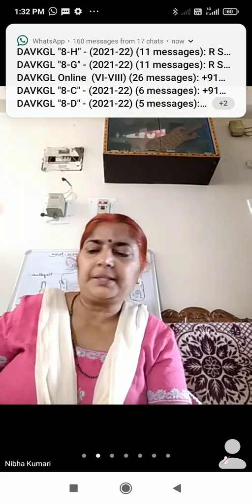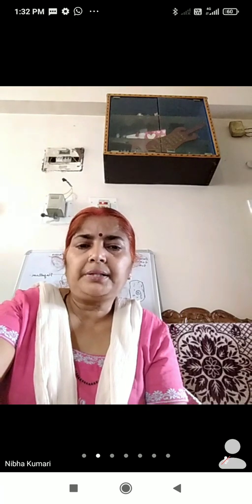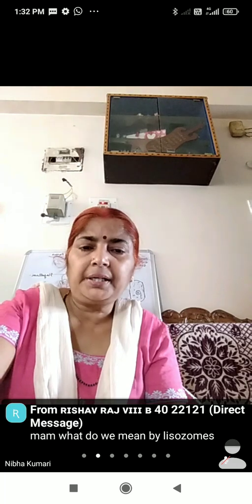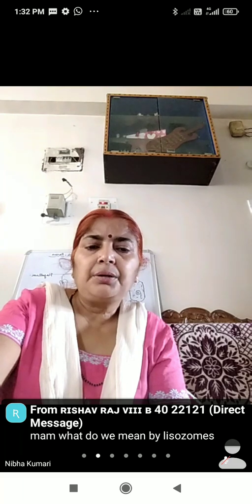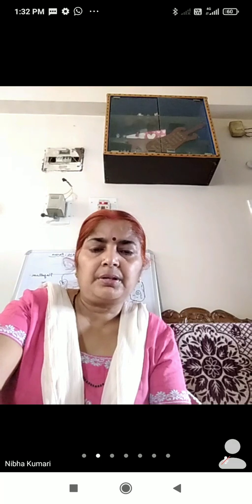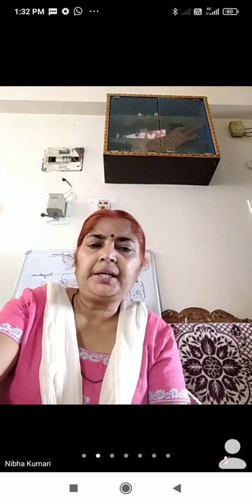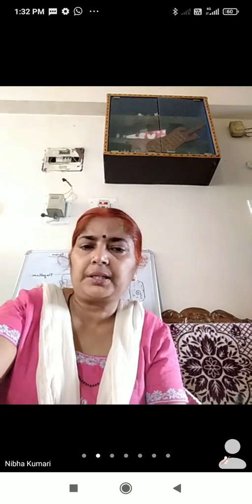Comparison between plant cell and animal cell. One more difference you can write, children. In the plant cell, nucleus is in the periphery, whereas lysosomes are the cell organelles which contain digestive enzymes. Okay, and it is called suicidal bag. You will read in detail in the next class. Right now you came to know what is lysosome. It is a cell organelle which is called suicidal bag of the cell.